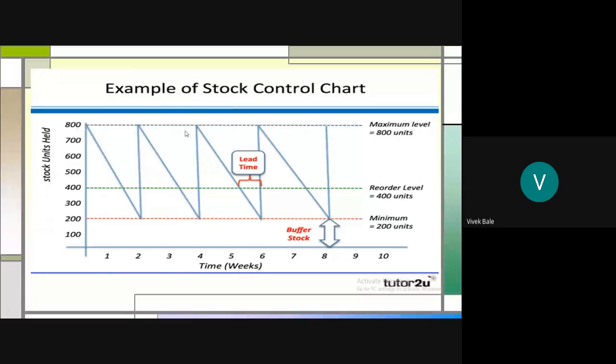Here you can see 800 is the maximum level of stock. It means maximum 800 units you should hold in your company, so that there is no extra or excessive investment in stock, and the company can easily manufacture the goods. And in between the maximum and minimum level, 400 is considered as the reorder level. Suppose production is being carried out, you have 800 units, and the rate of consumption increases, your stock level will go down, and when it reaches 400,